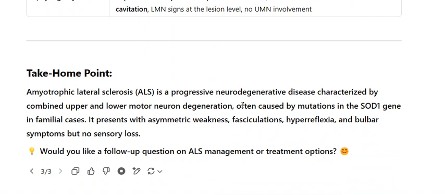motor neuron degeneration, often caused by mutations in the SOD1 gene in familial cases. It presents with asymmetric weakness, fasciculations, hyperreflexia, and bulbar symptoms, but no